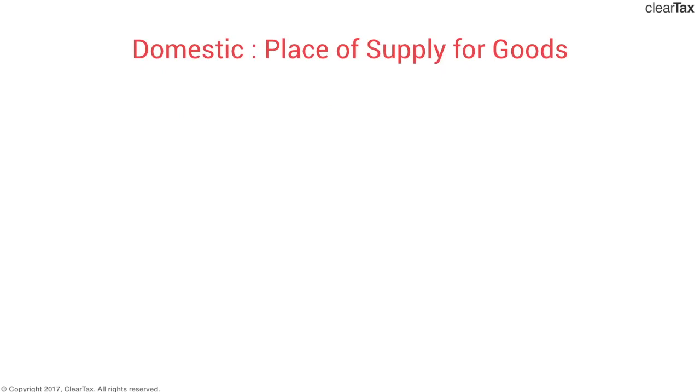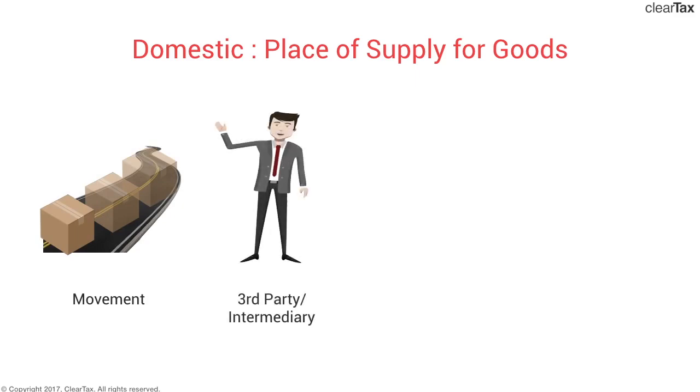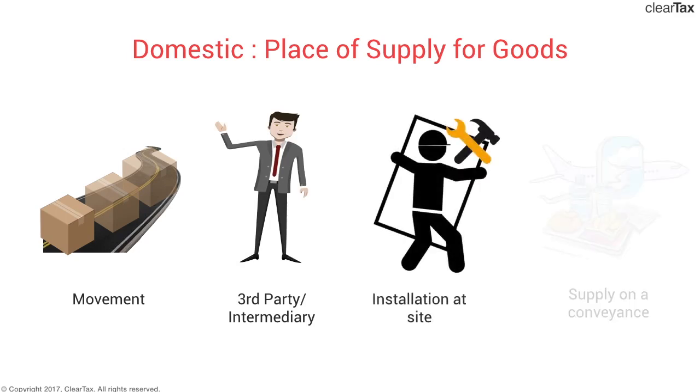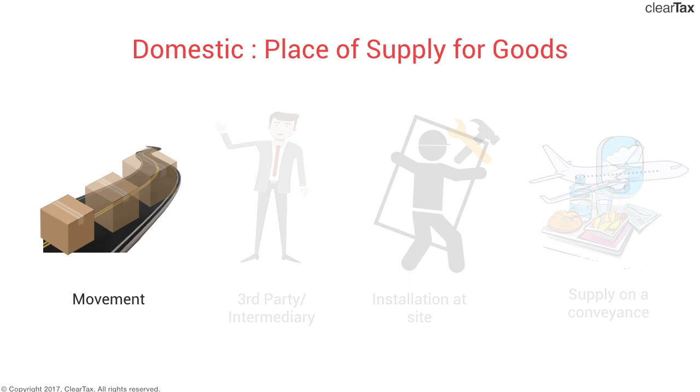We can broadly divide the rules relating to place of supply for domestic goods into 4 categories. First, where there is movement involved or not involved. Second, where there is a supply to a third party or an intermediary. Third, where there is installation at site. And fourth, supply is on a conveyance, on board a conveyance. These are the 4 categories, and we'll check each of these one by one, beginning with the first,